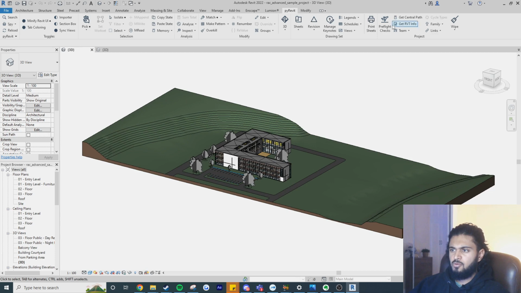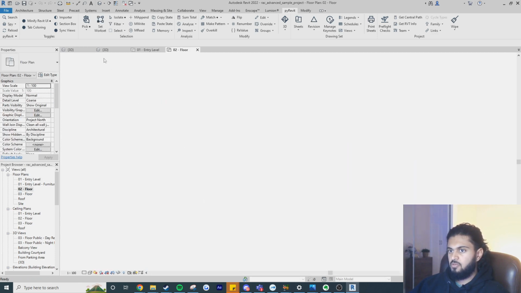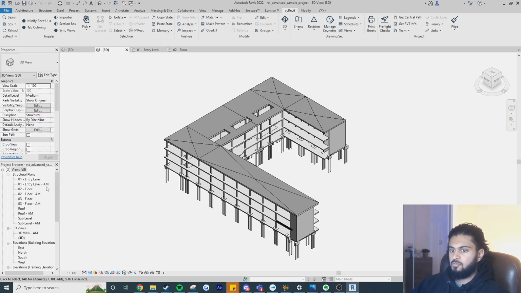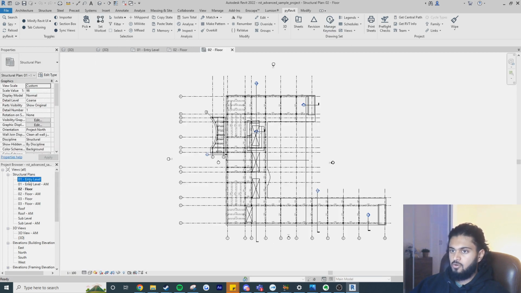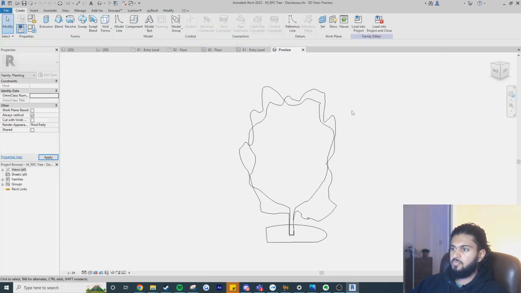So for example, this is my architectural link. I can open a floor here, second floor there, and then maybe if I go to my structural link, I need to look at the second floor, maybe the first floor, and then I don't know, if I go back to my architectural link and then I need to edit a family. You can see that we have all these views up here, but it's quite hard to navigate knowing which one